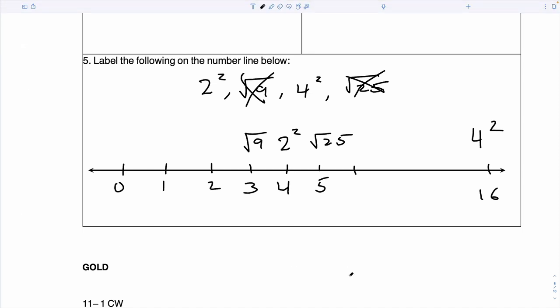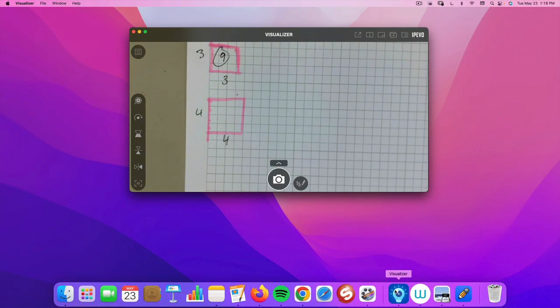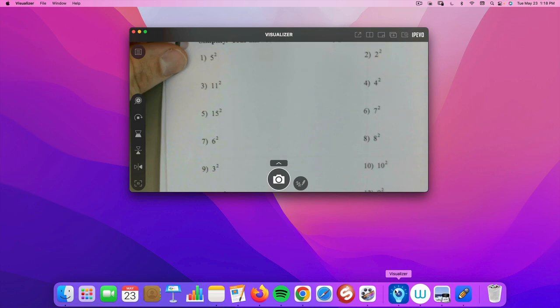And I don't have that page, so let me show you. You got 10 minutes. You're going to work on just the